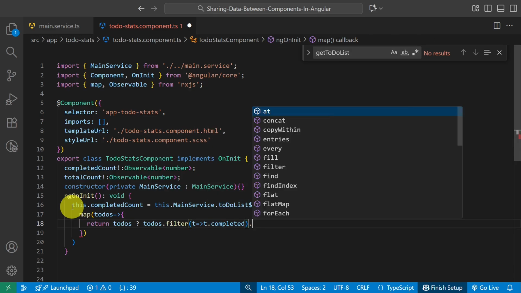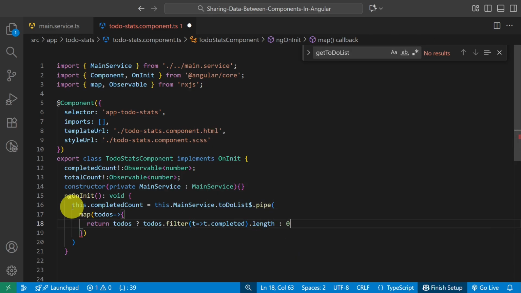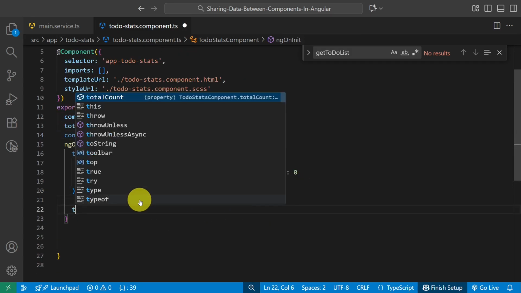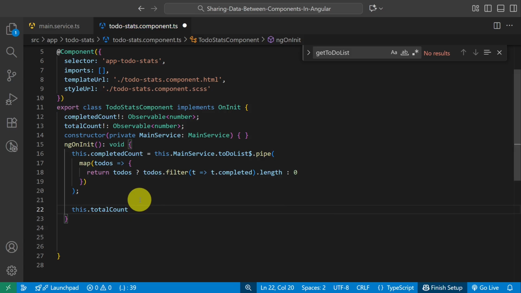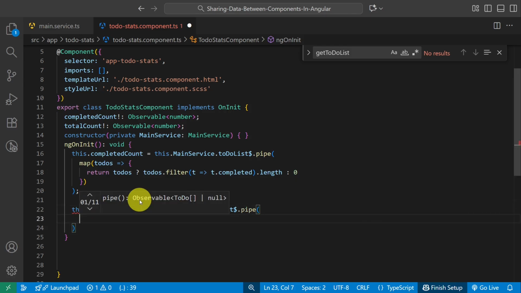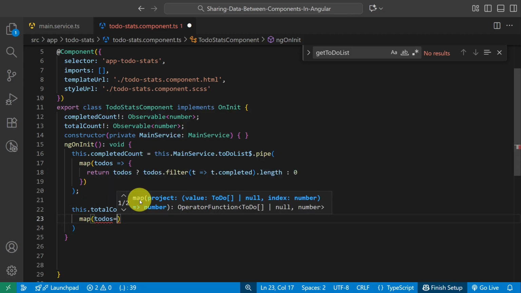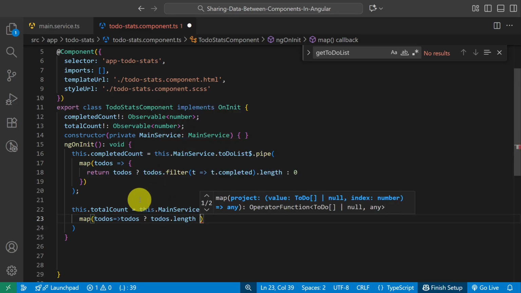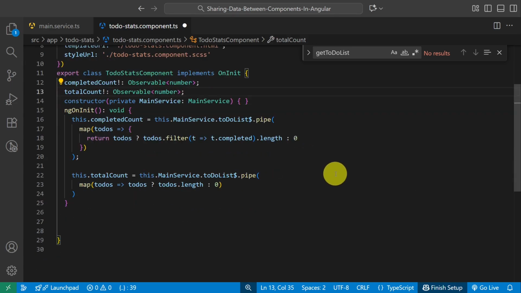Here I use the filter method. Now the other variable, totalCount, is assigned to mainService.todoListObservable, and just returns the total count of todos with .length.